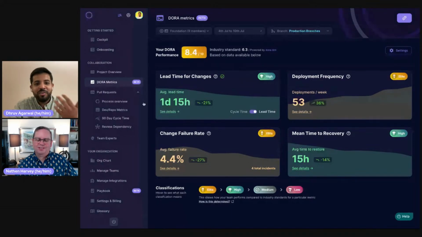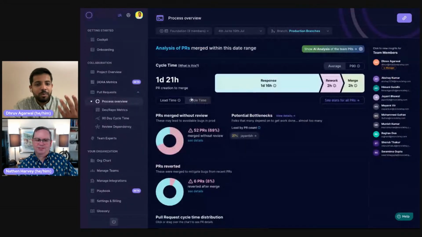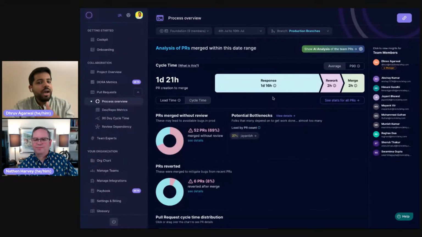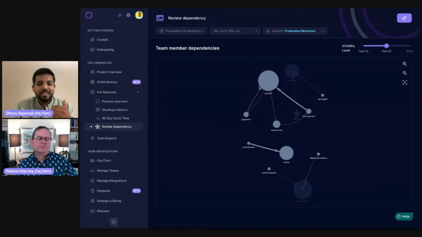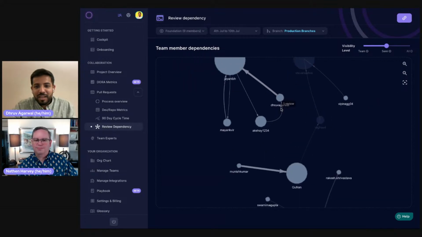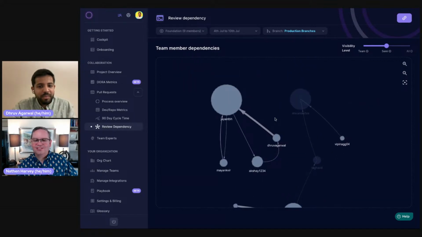So let's say you want to improve your lead time for changes. We spoke about the 5 stages, and we also let you see the cycle time, just for process excellence. Now you see that the team is having a high first response time, as we saw for other repositories on our open source version. So what could be the reasons? One of the key reasons usually is that there's a senior developer or a couple of senior developers blocking the team. I'll just zoom it in, and there are bottlenecks in my team.